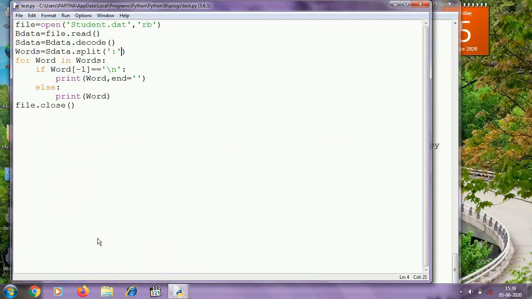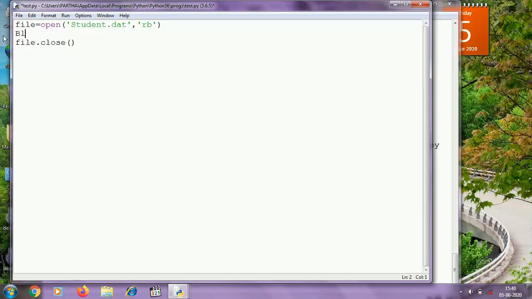Now I shall show you how to fetch lines from a binary file using readlines method. blines equal to file dot readlines. So readlines method will return a list of binary lines. So if I iterate over the list, I can get the binary lines one by one.